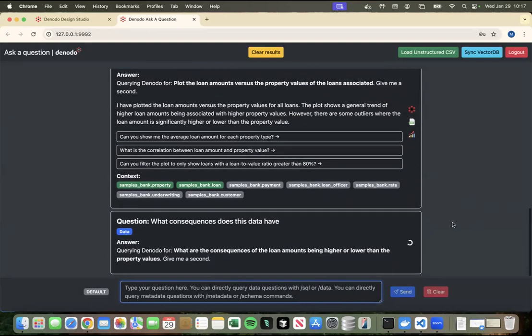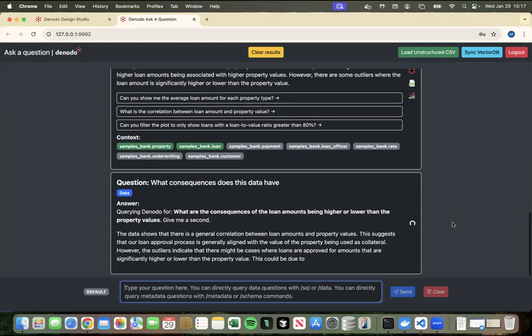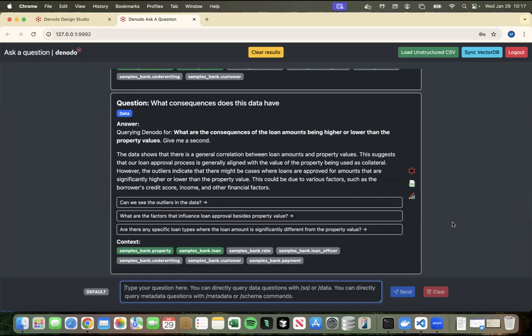And then hopefully you'll be able to explain what a bigger loan, a higher or lower property value, loan amount over the property value has for us. So again, interesting, it'll go retrieve that data. Yeah, you're getting into investigation territory, isn't it?